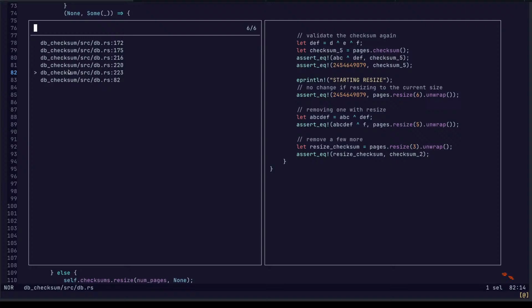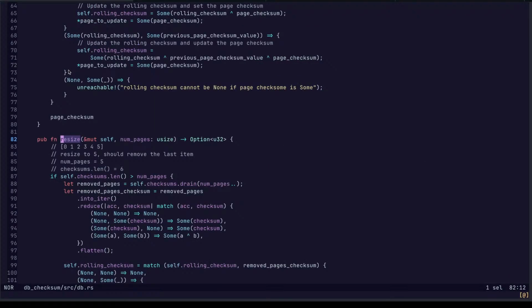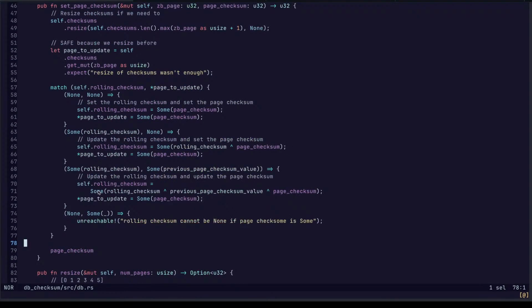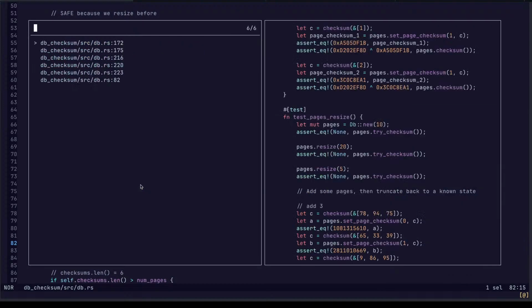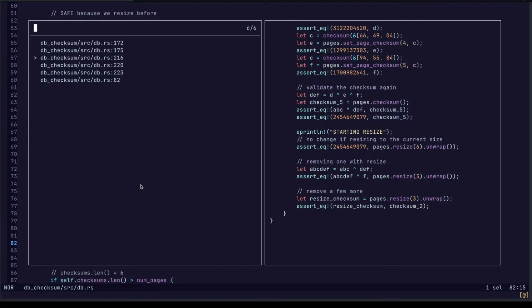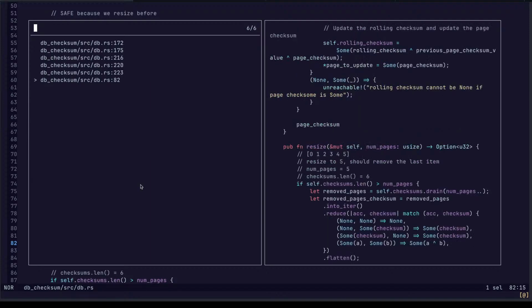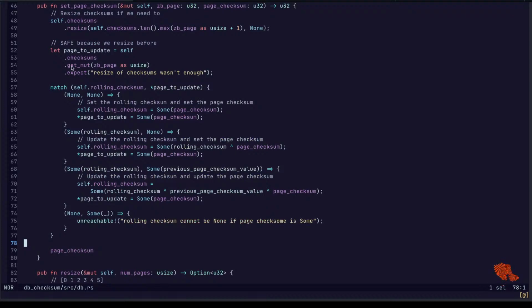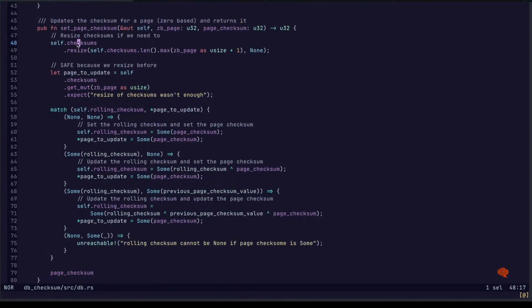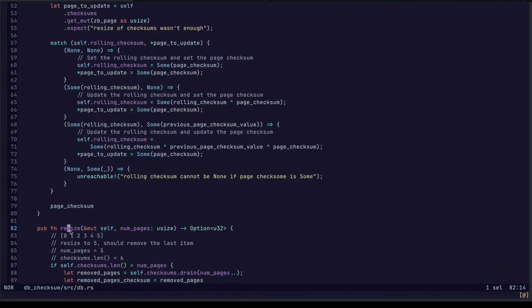Lots of tests. Why would that only get called from tests? That seems like some sort of oversight. It's right here. Self.checksums.resize.